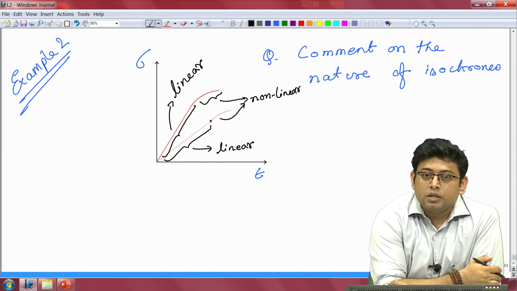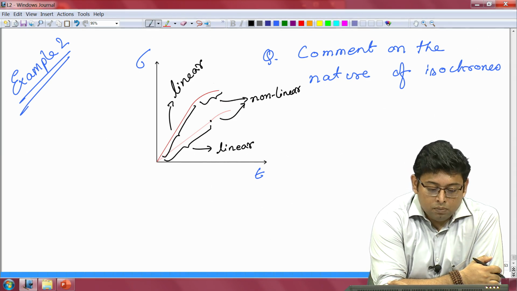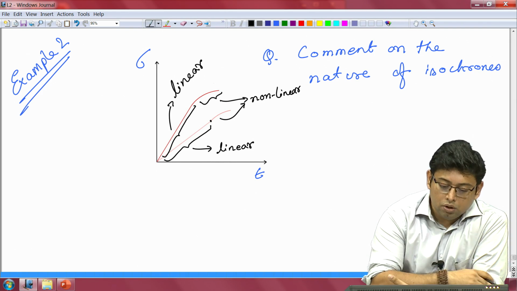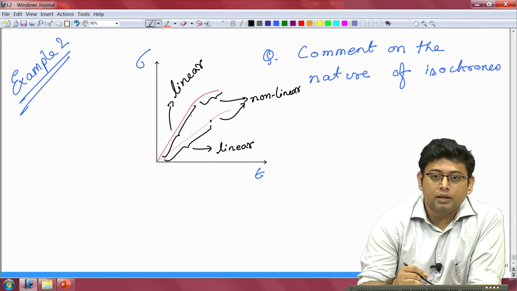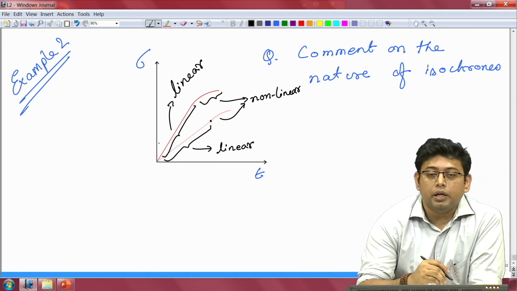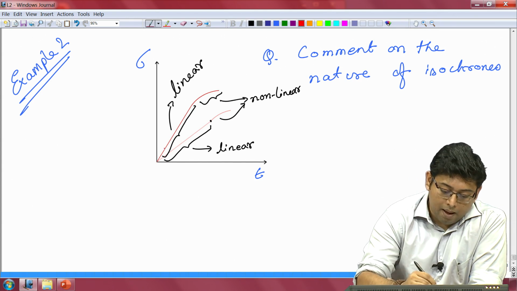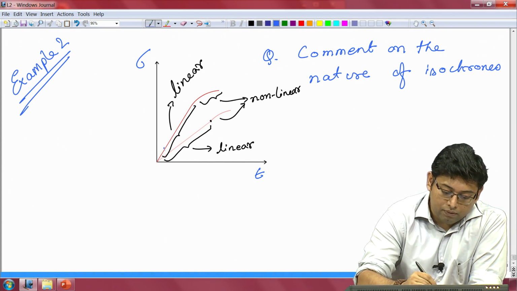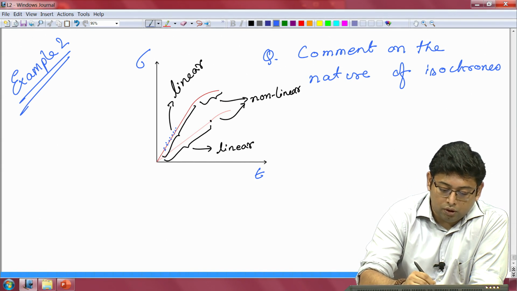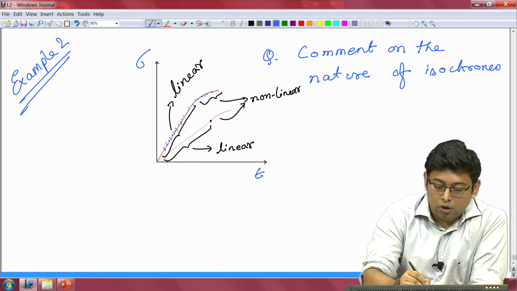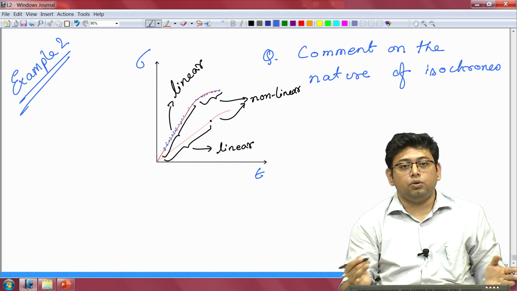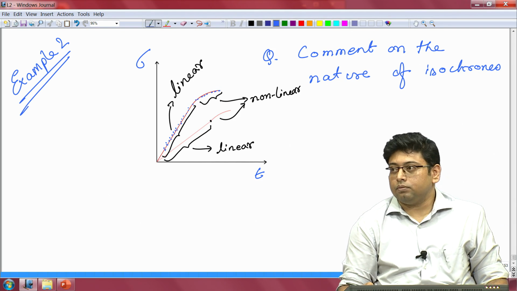So, whether or not such simplifications are possible can usually only be evaluated after a successful experiment, and in this case you have a creep isochrone. You look at it and make a judgment call on whether a particular portion looks linear or not. Obviously, when you are doing it in the lab, there will be data points that you will have. Nobody is going to draw this line for you. So, there will be these data points, and then you might have to do a piecewise fit to the data.